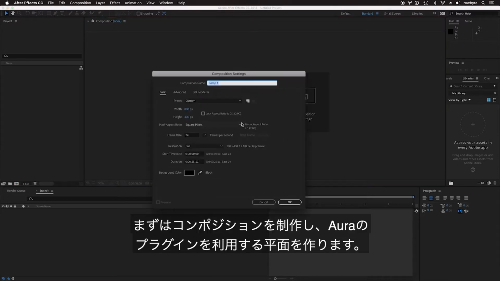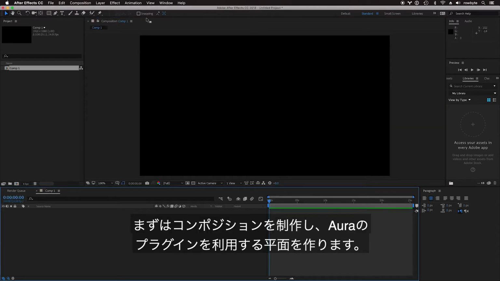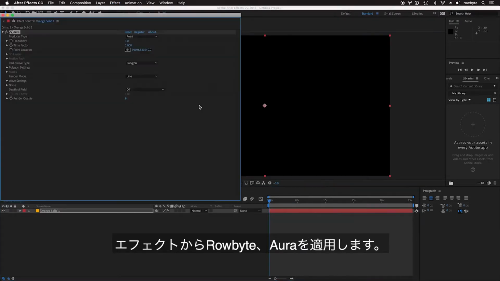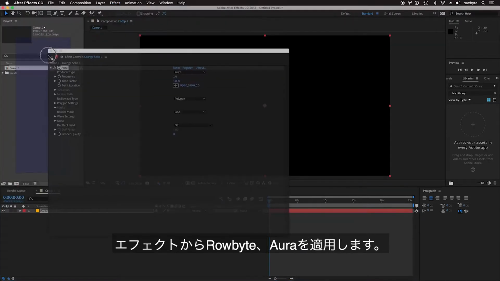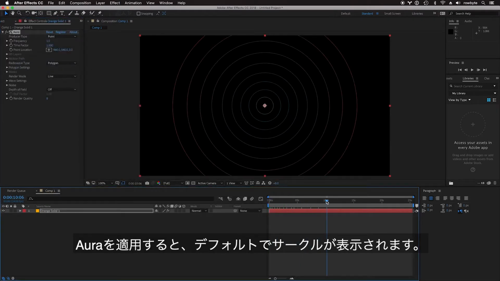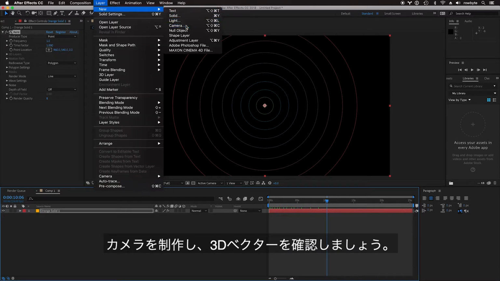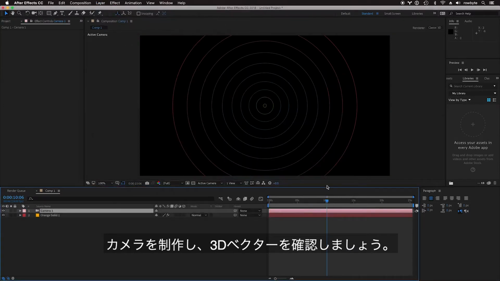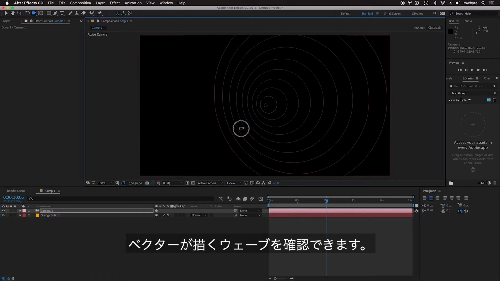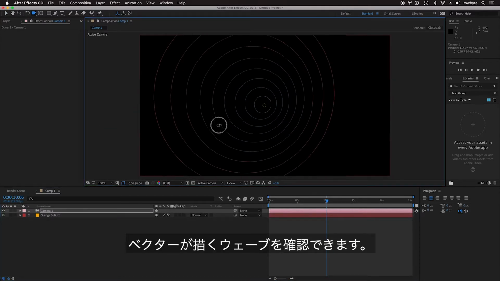Let's go ahead and create a new composition, and let's create a new solid. Let's go and apply Aura. Now by default you can see that there are these circular shapes that are created in 3D space. Let's go ahead and create a new camera. As you can see, these waves, let's call them waves, are 3D camera aware,